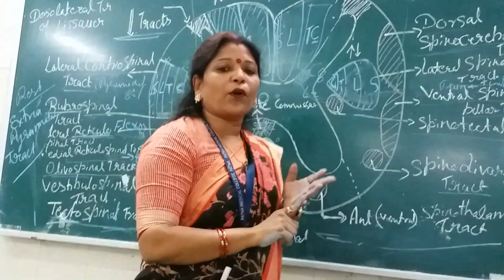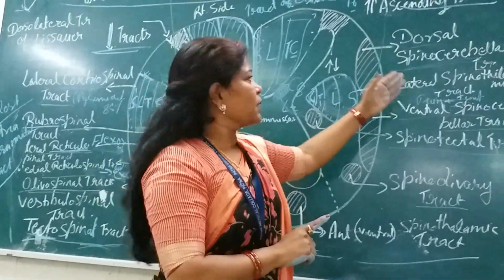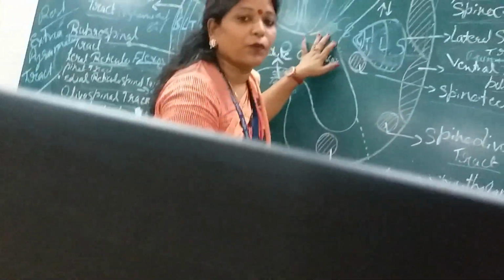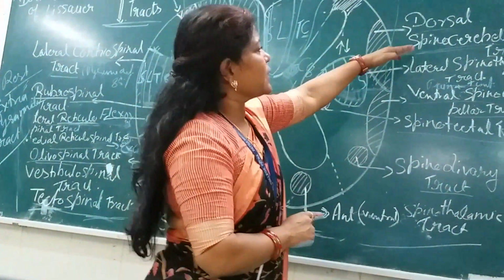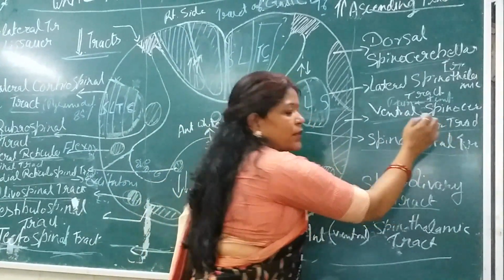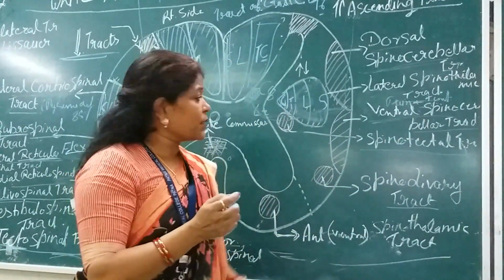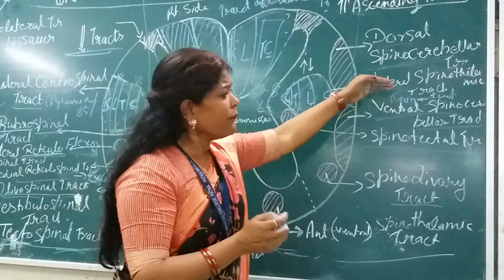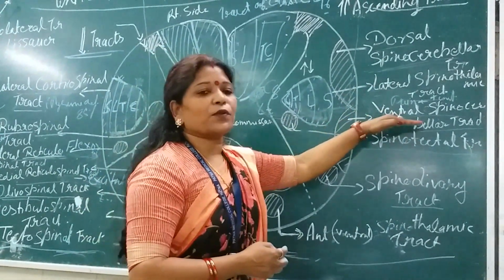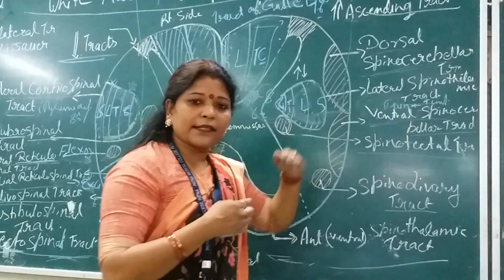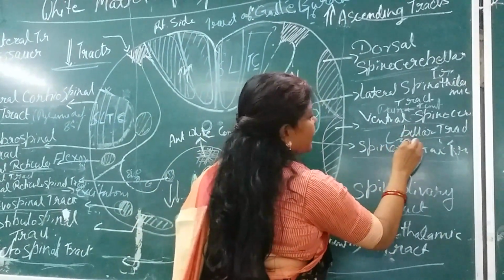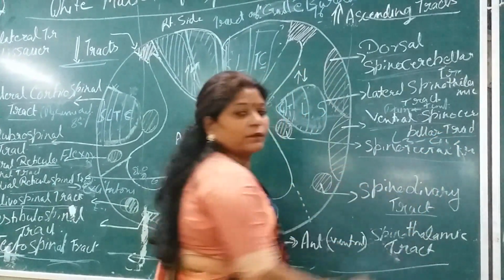Isn't it a very important point? The second order neurons involved here are the Clarke's column neurons. This is the dorsal spinocerebellar tract. Now the ventral spinocerebellar tract, what is its function? It carries the same sensation, but the ventral spinocerebellar tract carries it from below the L2 level. That means L3 to coccygeal 1.